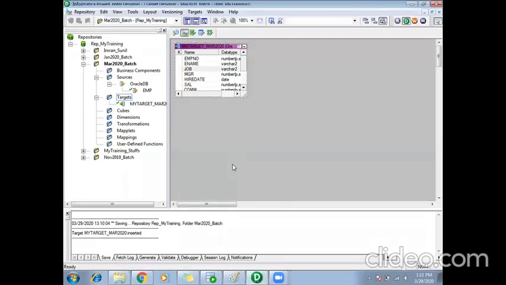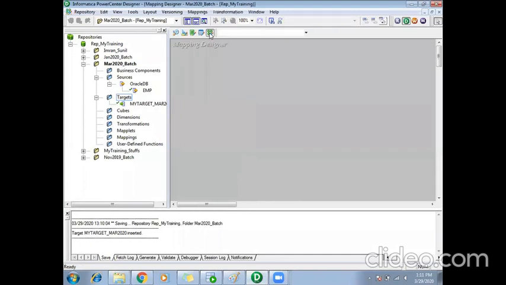Your entire business logic, your coding, everything will go in your mapping designer, the last icon here. So in Informatica, your entire business logic, your coding, everything, you will be doing in mappings. We call it a mapping. You can create mappings and write your code in this mapping designer. Here I can use my source, I can use my target, and I can write my entire business logic. Okay, so I'll go to my mapping designer.